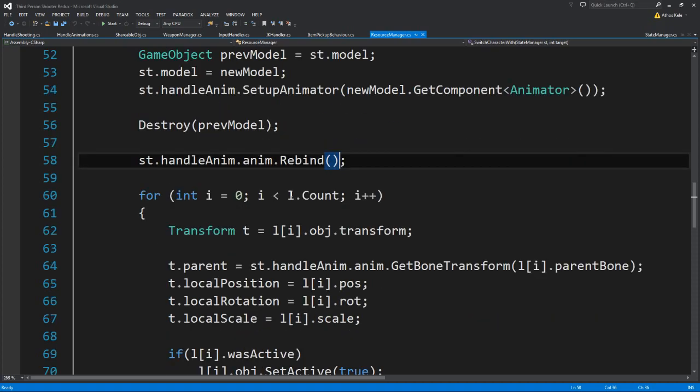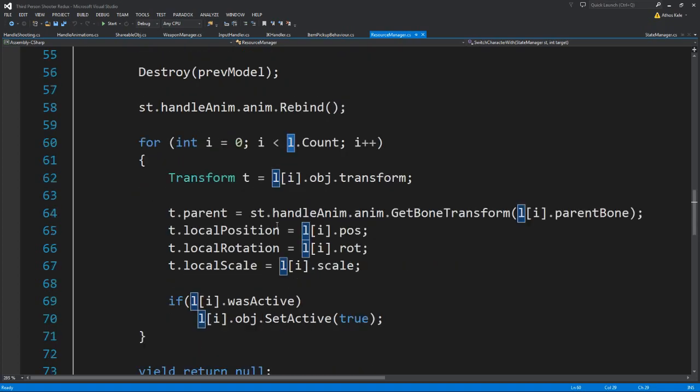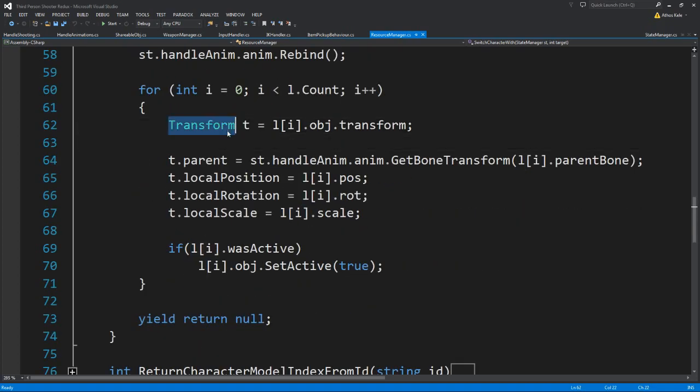So we have all our items in our list, and we go into each one. We save the transform so that we're not using this all the time. Okay, the parent will be the bone transform that we saved into the parent bone. The local position will be the saved local position, local rotation the saved local rotation, the local scale the saved local scale. And now this doesn't always work, because local scale is a bit tricky to work with, but if you keep the same rig, this should probably work